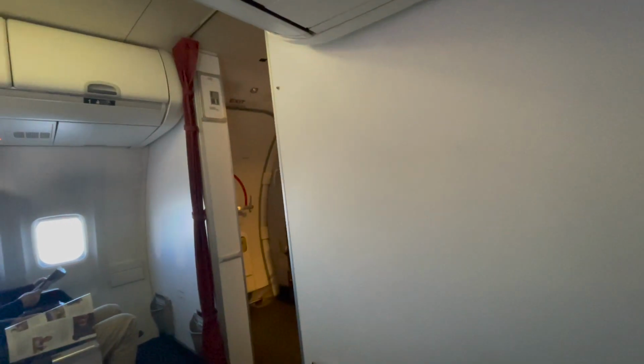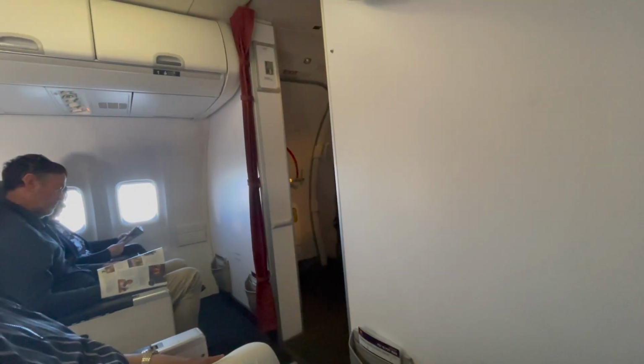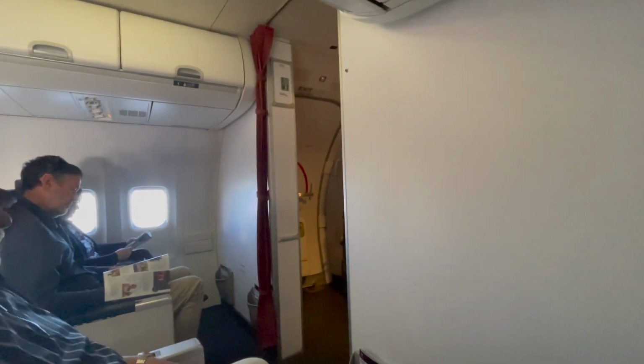Your seat is upright, window blinds are open, tray tables put away, and all bags are under the seat in front of you or in the lockers. If your seat has a leg rest or device holder...